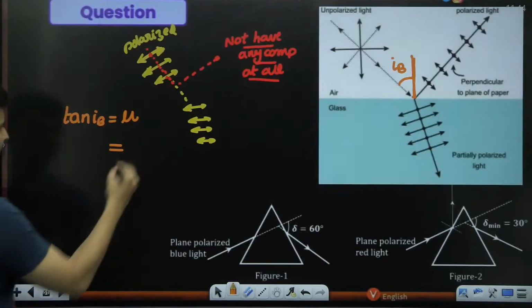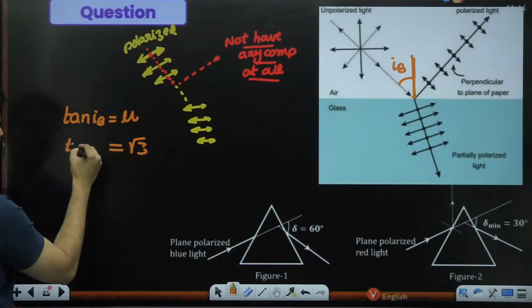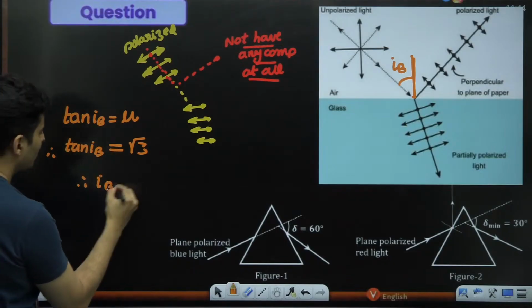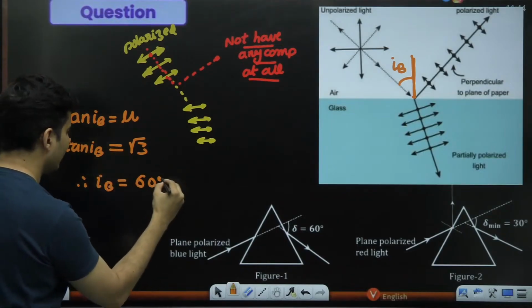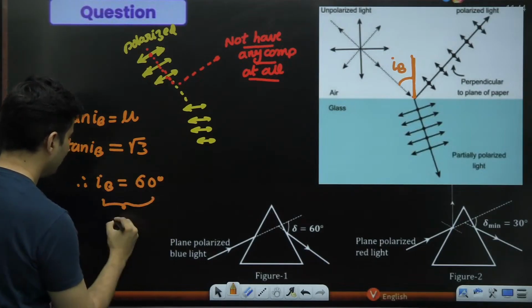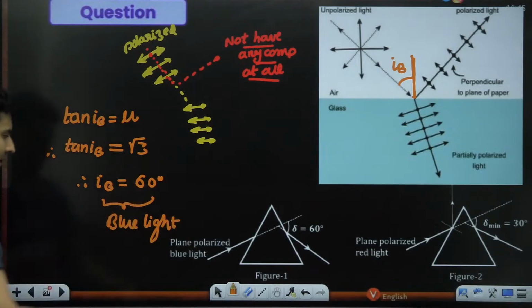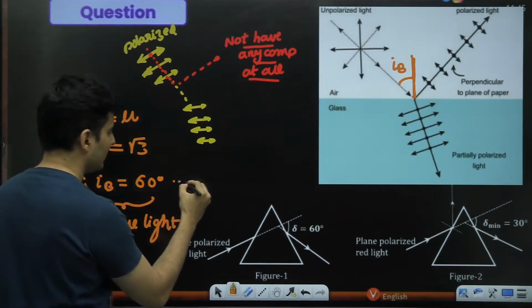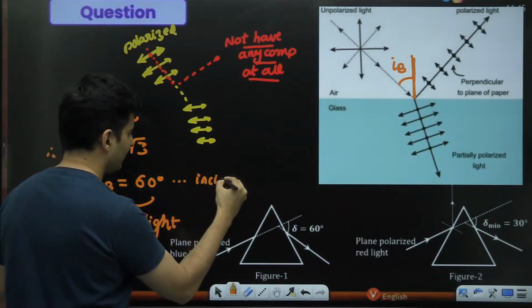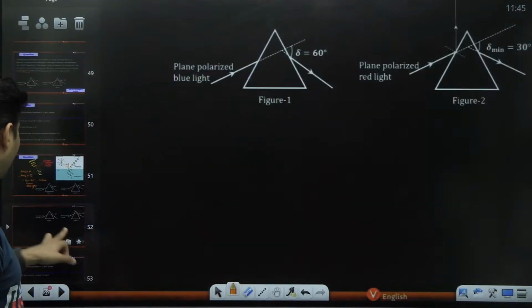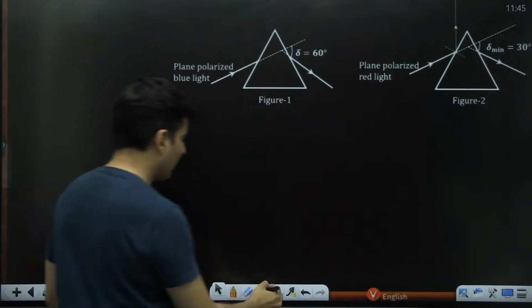So therefore, I can just say that the Brewster angle will be nothing but 60 degrees. This is for blue light. For blue light, this is basically the angle of incidence. Okay, perfect. So now coming back over here,